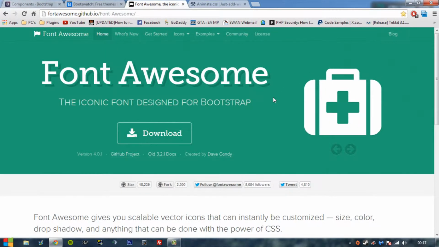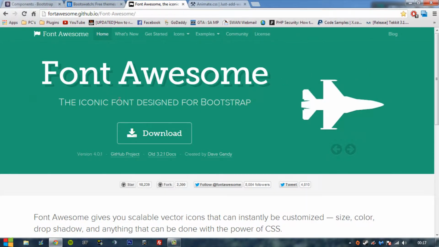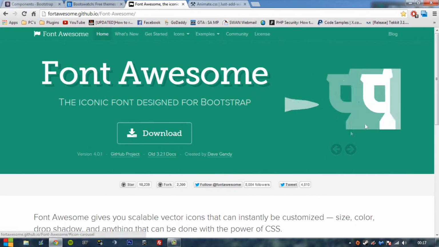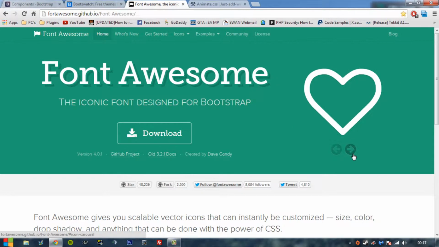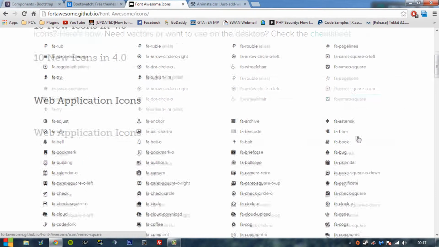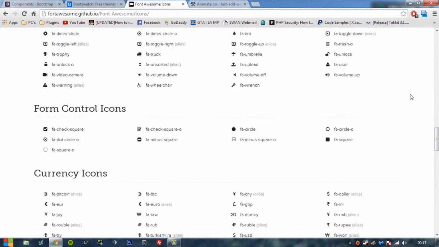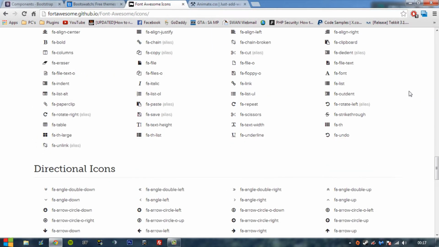Next is an extra framework that builds on to the Bootstrap framework called Font Awesome. It's a font, but it's icons in it like this. You see the little 3D here. Comes with loads of little features you can add to them. And I found this recently, and I've used it twice already because I like it so much. So you got all these extra icons that you can easily add into your website,